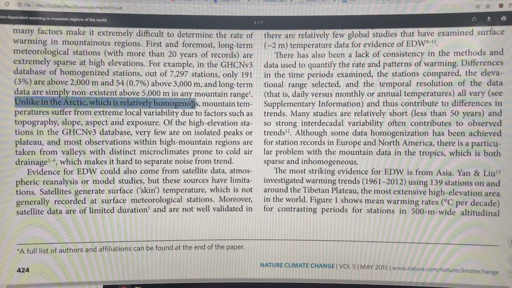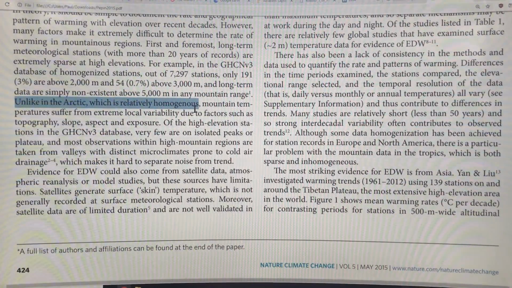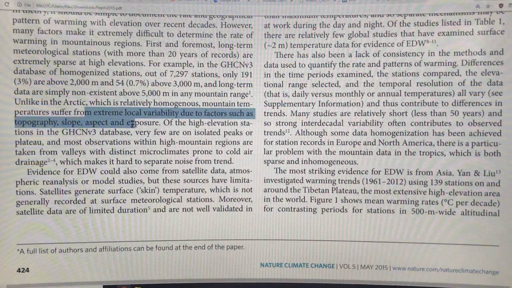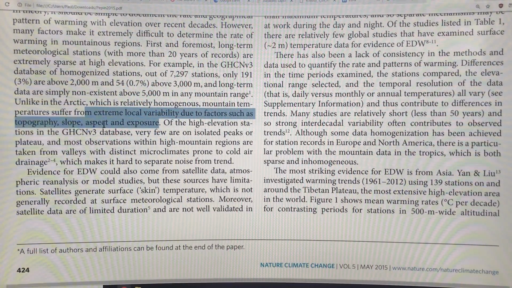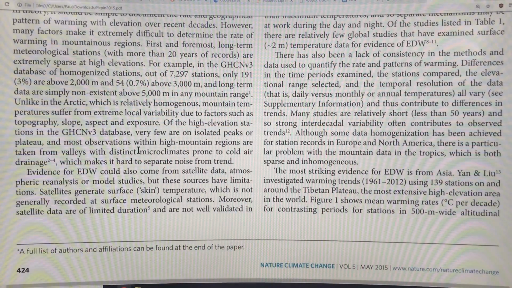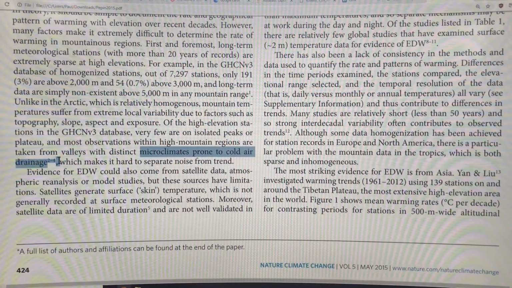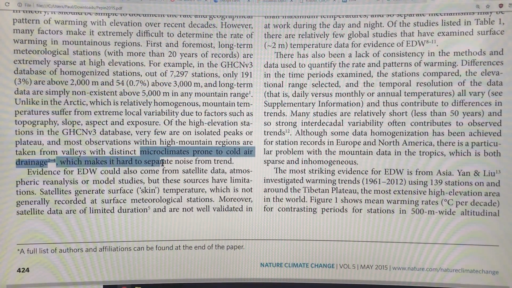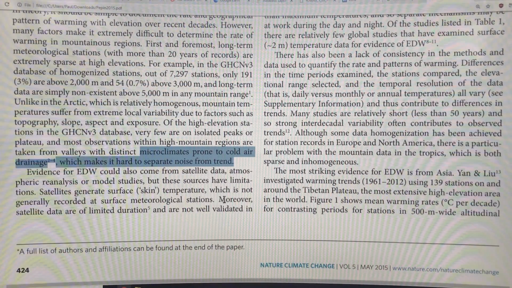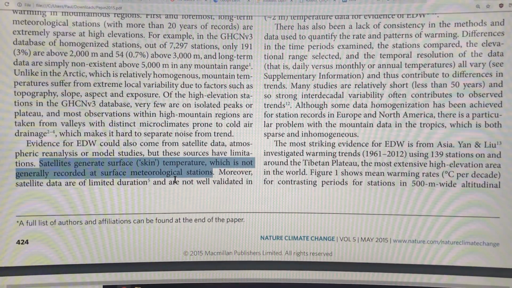Unlike in the Arctic, which is relatively homogeneous, mountain temperatures suffer from extreme local variability due to factors such as topography, slope, aspect, which direction it's pointing, and exposure. Very few of the stations are on isolated peaks and plateaus. Many are within valleys, and in the valleys they get different microclimates depending on cold air drainage. So cold air from up high draining down through the valleys makes it very hard to do decent measurements. You can do measurements with satellites, but satellites are measuring skin temperature, which is not generally recorded at surface met stations, which are measured